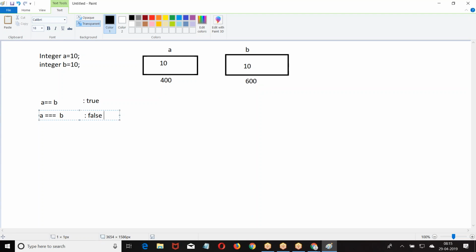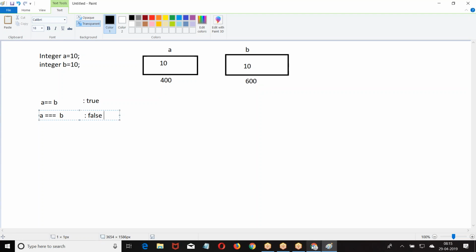Otherwise it is false. Are you getting my point? A double equal to B compares whether the left hand side value is equal to the right hand side value. A triple equal to B checks whether the reference locations are the same or not. If both of them are the same, then it is going to give you true. I hope you are good with this.